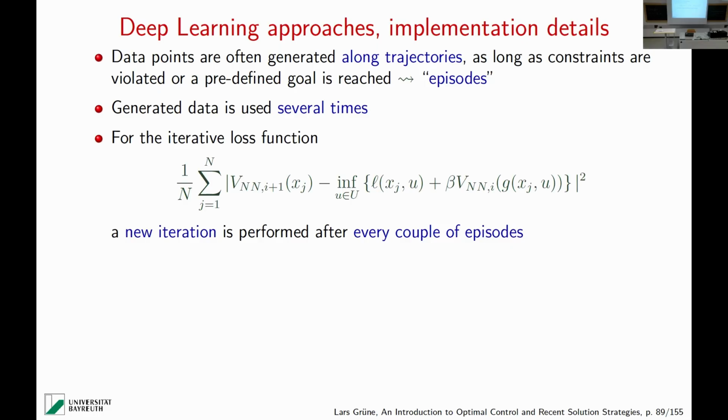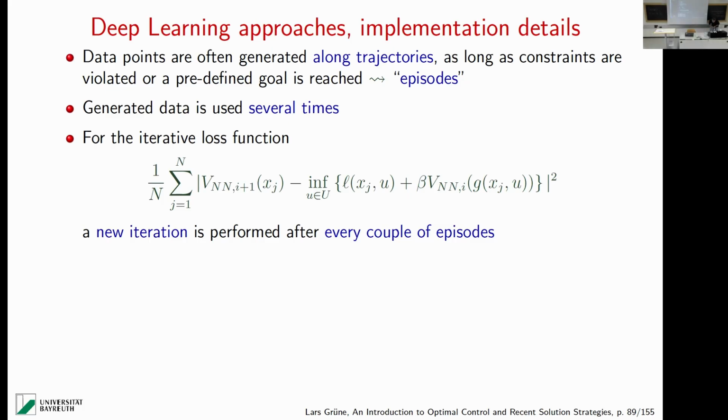And if you do this iterative thing, which is what's happening in the back in this pendulum stabilization, then you don't do a new iteration after each data point, but you collect a certain number of episodes of new data, and then you do an update, because otherwise there would not be much progress in each update. Let's have a look. What does it do? Where is the, there it is. Better already, right? So it has already learned something.